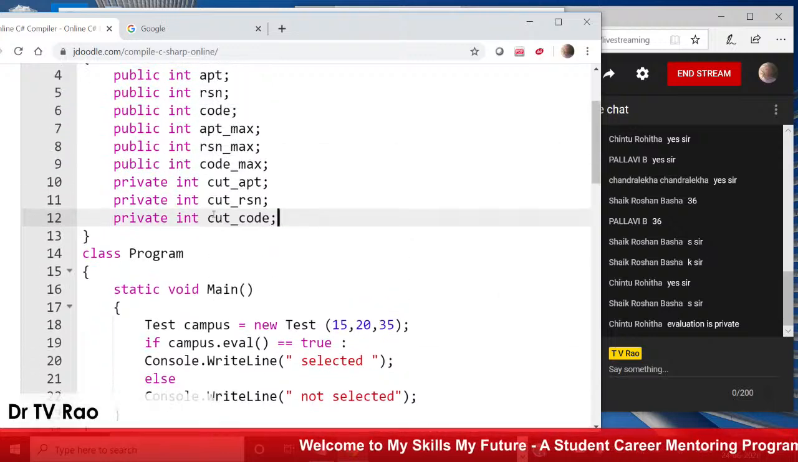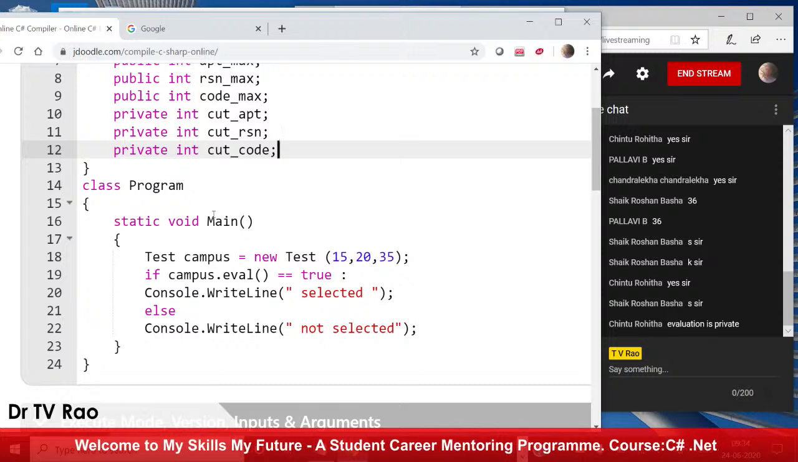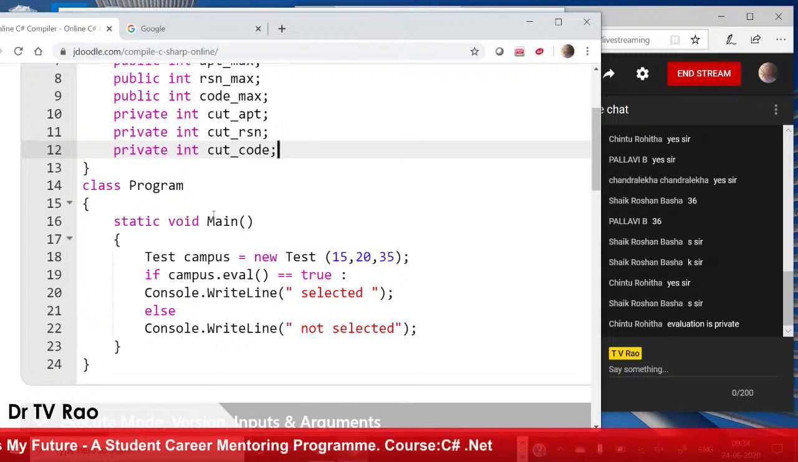Evaluation is not private, you can use it. So you can run evaluation in your college. Rohita, you can use evaluation in your college. Now,